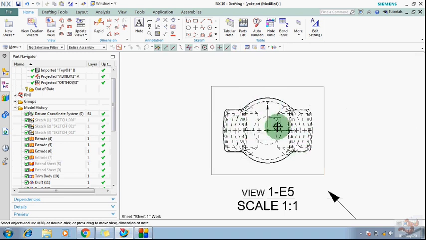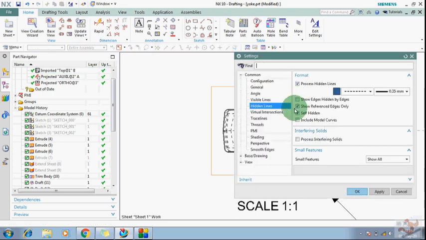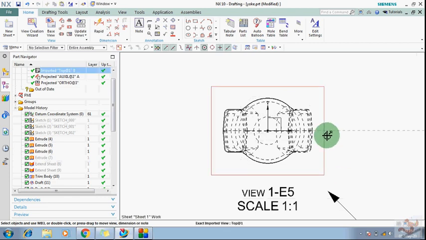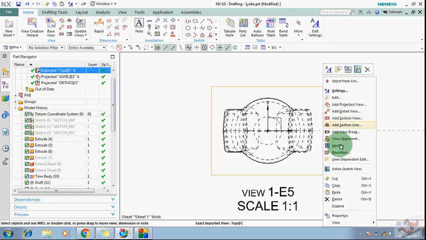Okay, all lines are showing. And if you select the references, then also all lines are showing. You can see here I have checked this box, but not only the reference lines, all hidden lines are showing. So what is the way how you can show your reference lines only which you want to keep?